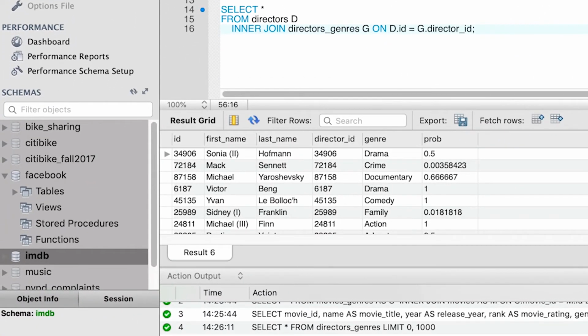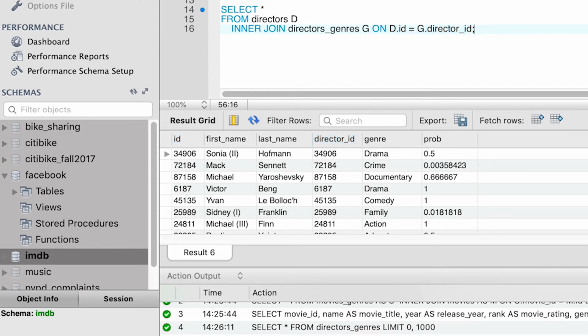These are the columns that are coming from the directors table. We have here the entry for director 34906, Sonia Hoffman, and she gets matched with one of the genres, drama, with probability 0.5. Notice that these two columns, ID and director ID, are always the same because this is the condition that we put on the join.